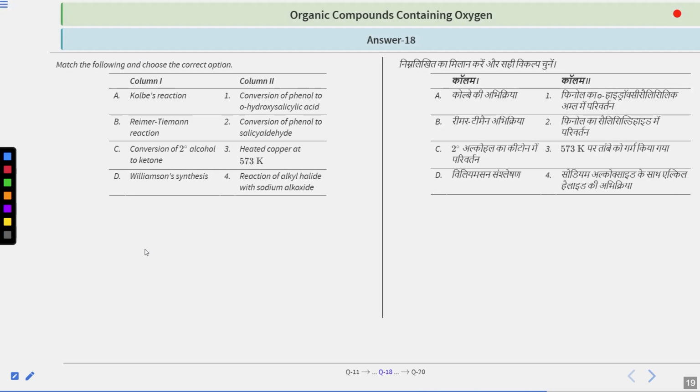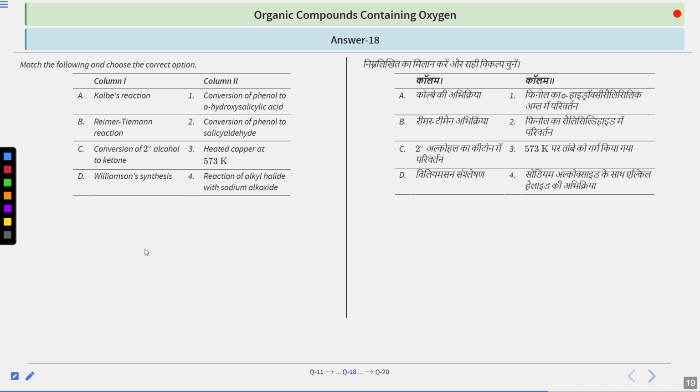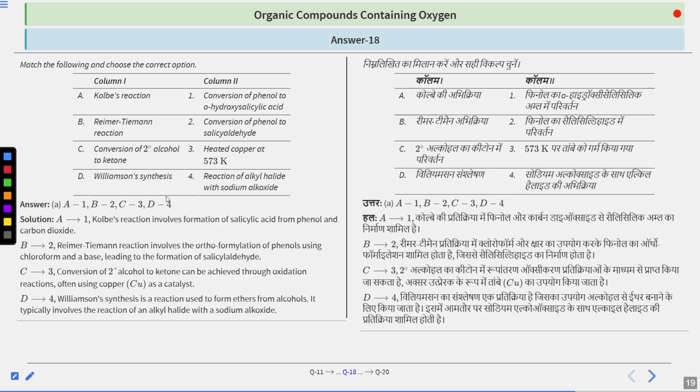Let's see. The correct answer for the given question is option A, that is A1, B2, C3, and D4. So A is connected to 1, that is Kolbe reaction is connected to conversion of phenol to ortho-salicylic acid, because the Kolbe reaction involves the formation of salicylic acid from phenol and carbon dioxide. The B, that is Reimer-Tiemann reaction, is connected to the second point in column 2, that is conversion of phenol to salicylaldehyde, because the Reimer-Tiemann reaction involves the ortho-formylation of phenols using chloroform and a base, leading to the formation